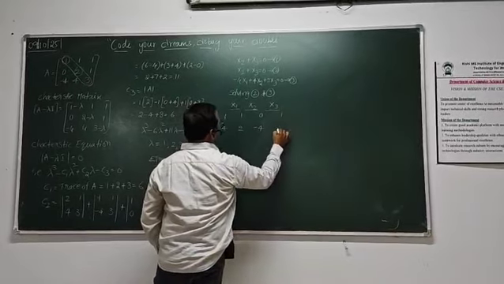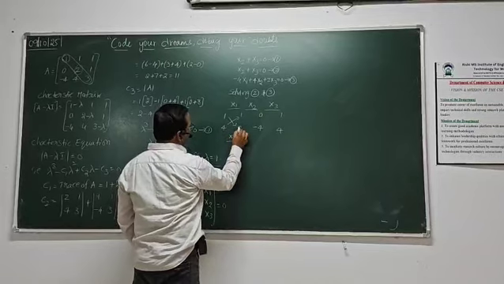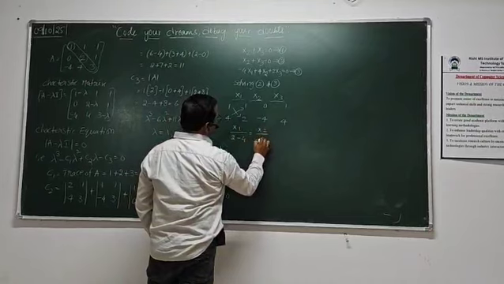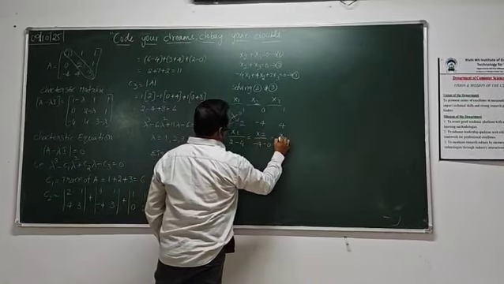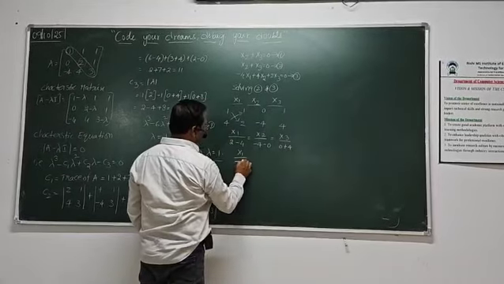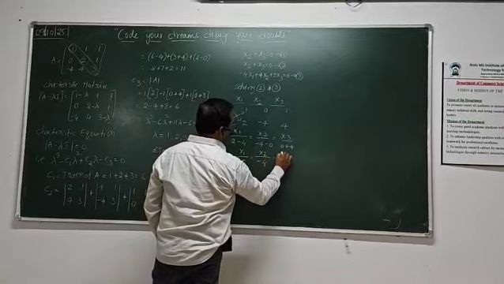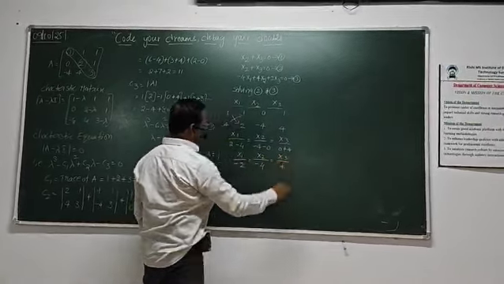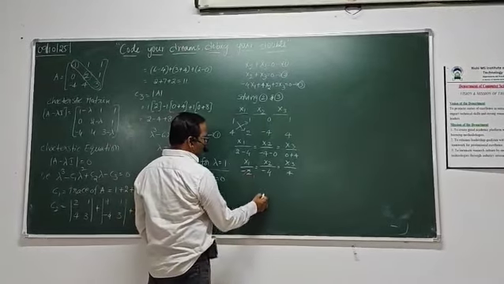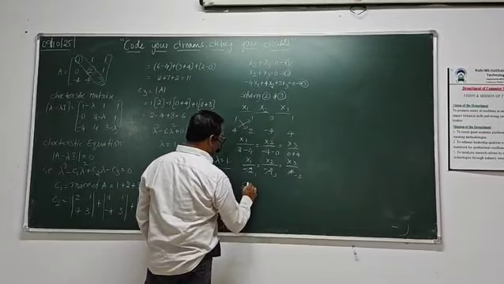Again write down the x2 coefficients. Doing the cross multiplication, x1 by 2 minus 4, x2 by minus 4 minus 0, x3 by 0 plus 4. So x1 by minus 2, x2 by minus 4, x3 by 4. Divide with minus 2: 1 time, 2 times, minus 2 times. So the eigenvector